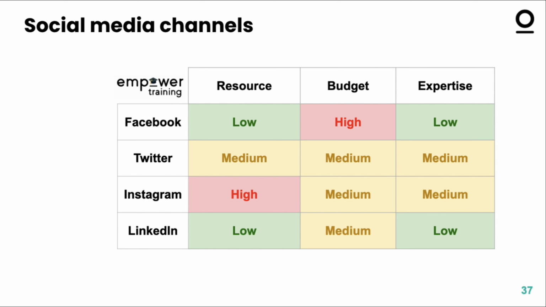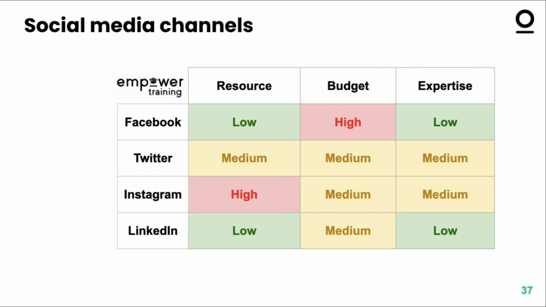Facebook has squeezed the organic reach of any content that is posted to its platform, and that means that you need to boost the ads or run ads through Facebook Ads Manager in order to create an effective reach for that content. We'll cover Facebook ads more in a separate training session, but for now, if you're using Facebook organically, do think about putting some small amount of budget aside in order to promote your posts.